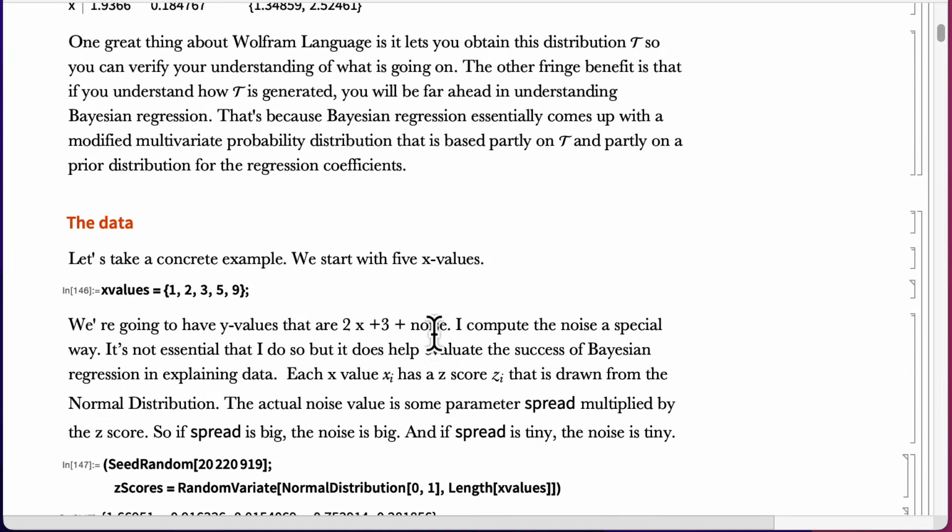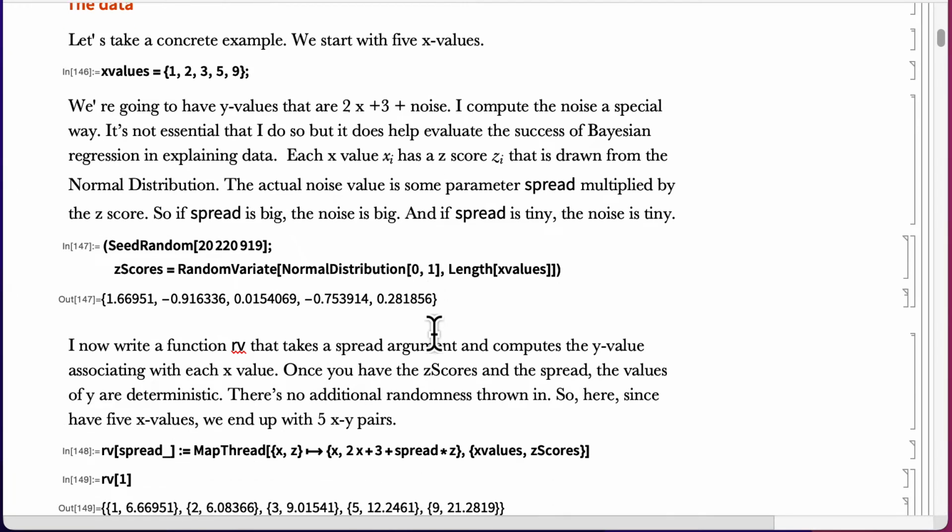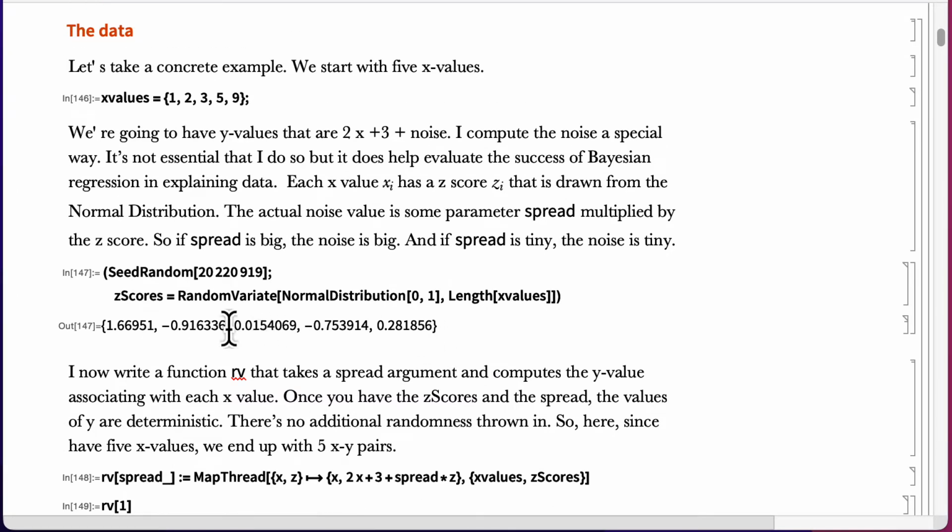Let's take a concrete example and work it through. Let's start with 5 x values: 1, 2, 3, 5, 9. And we're going to have y values that happen to be 2x plus 3 plus noise. And I'm going to compute the noise in a special way. I didn't have to do it this way, but I think it does help illustrate some of the features of